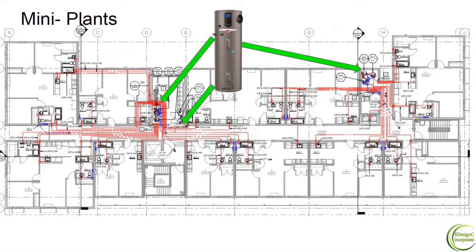Yeah. Right. Thank you. So these mini plants here is what we decided to go with because the flow rates were so low, and we were able to locate 3 water heaters for the west wing and 3 for the right wing, and then there's a couple for washers and dryers, or washers rather. And you can see that it kind of looks similar to the previous presentation where you have a lot of skinny pipes. It's like spaghetti running through